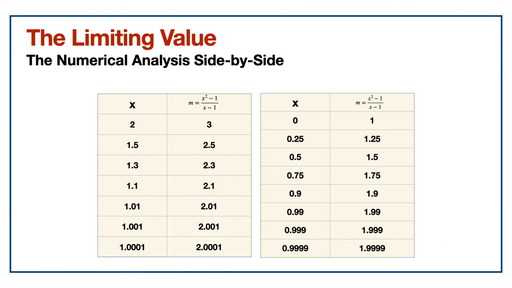A few more comments about our numerical analysis side by side. Both of our numerical analyses show that as our point Q moves closer to P, the slope of our secant line gets infinitely close to 2. We can say that the slope of the tangent line T is the limit of the slopes of the secant lines. You may have been tempted to place our point Q exactly on point P to find the exact value